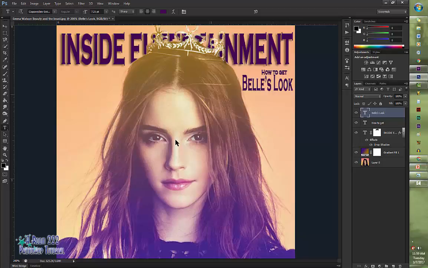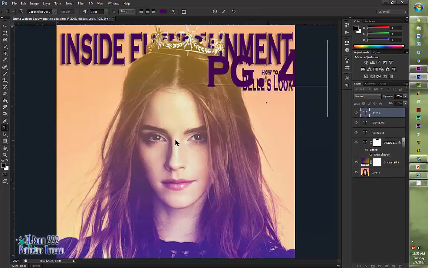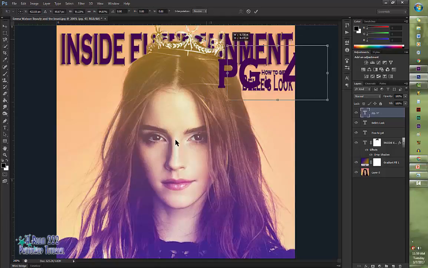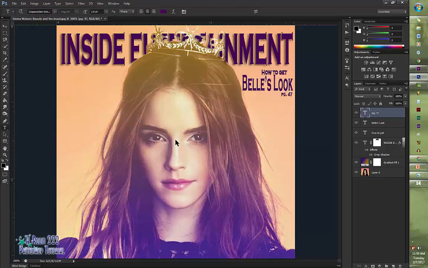Something else that you can add on your titles is a page number. So I'm going to do page 47, enter. And again, this is not important information really. It's not going to sell the magazine, so you want to make this smaller as well. Just put that right underneath. Make sure again that the numbers or the letters do not touch the outer edge, and I'm going to move how to get over so it kind of